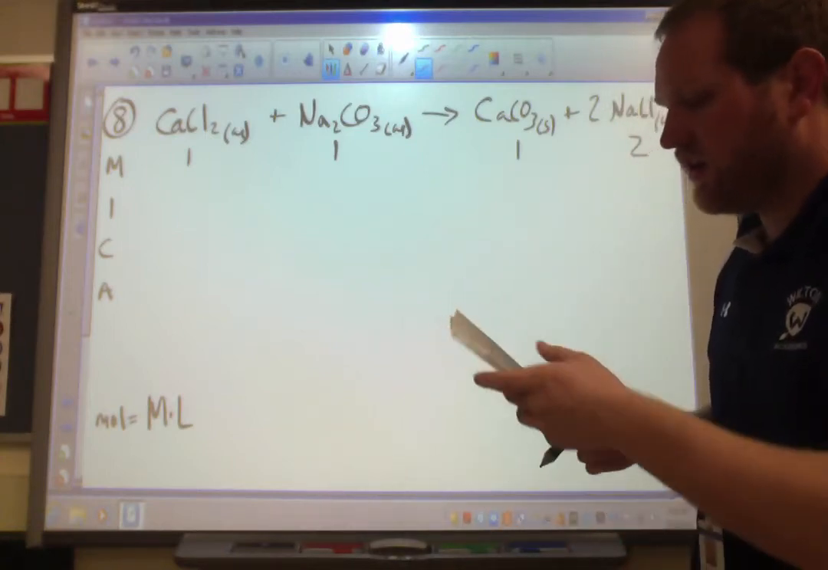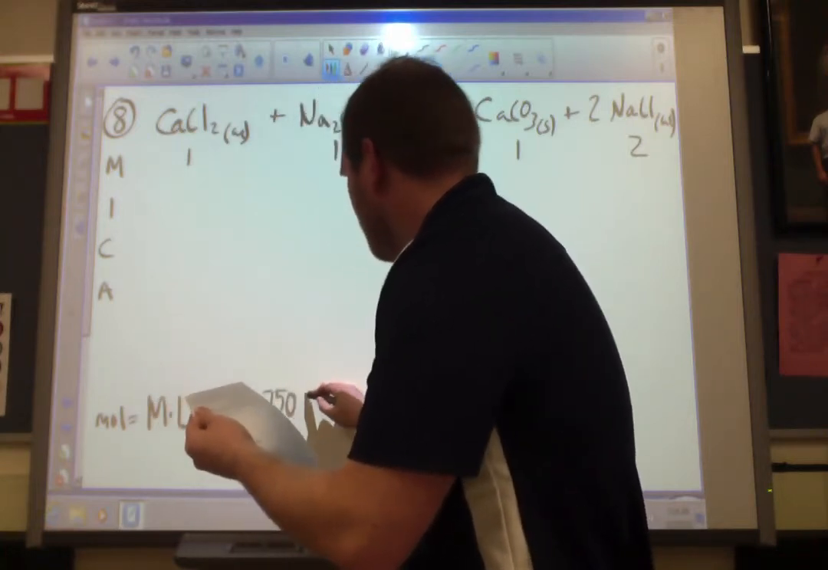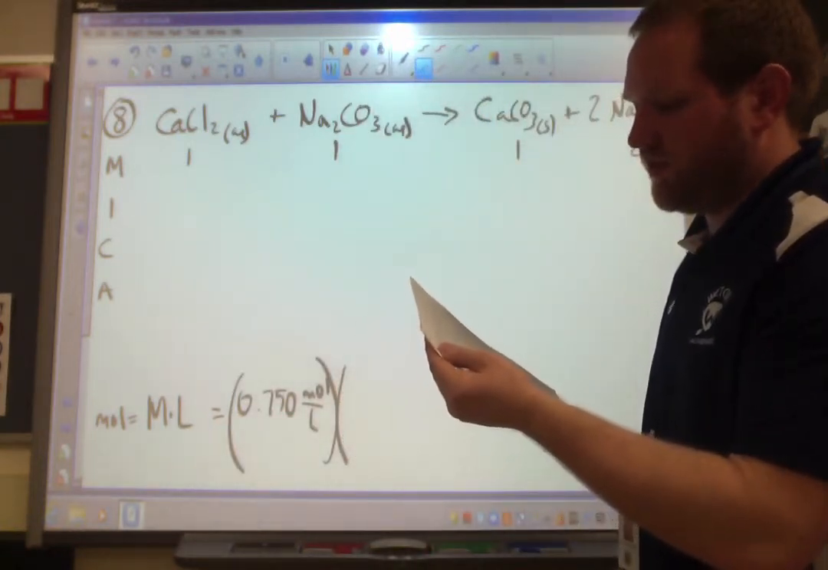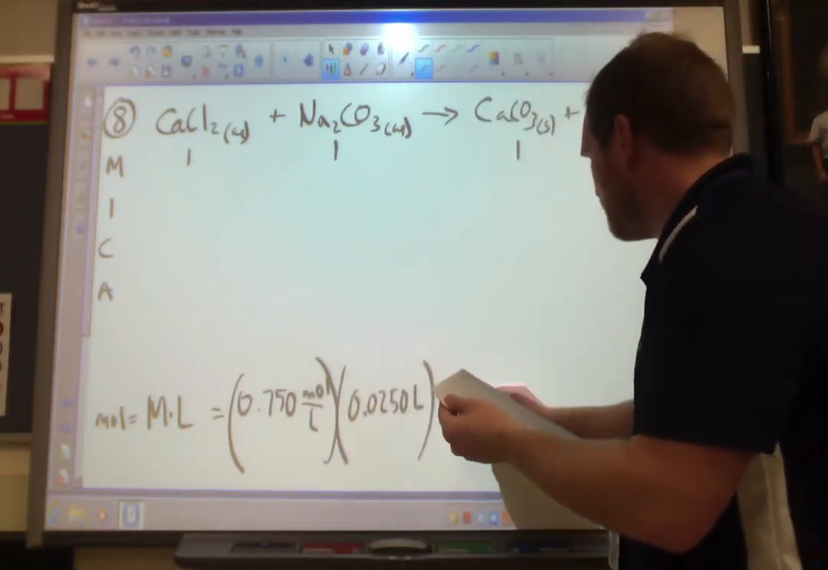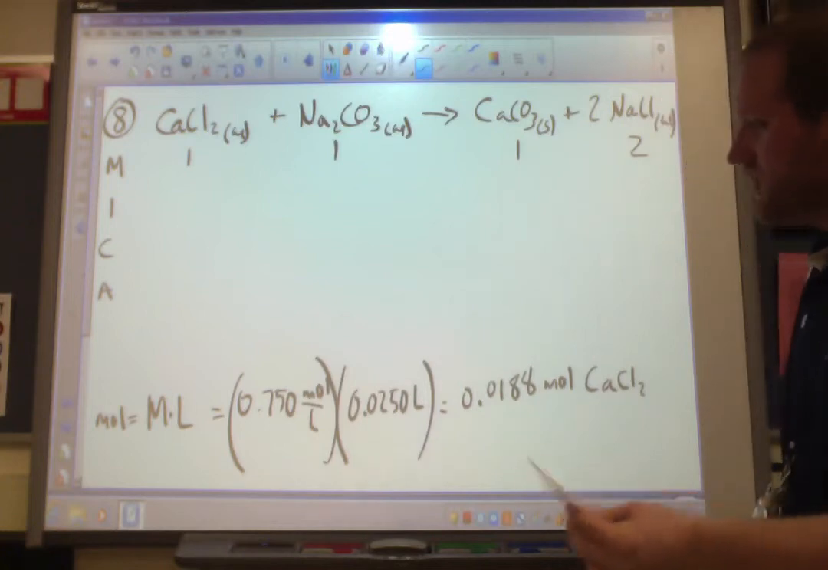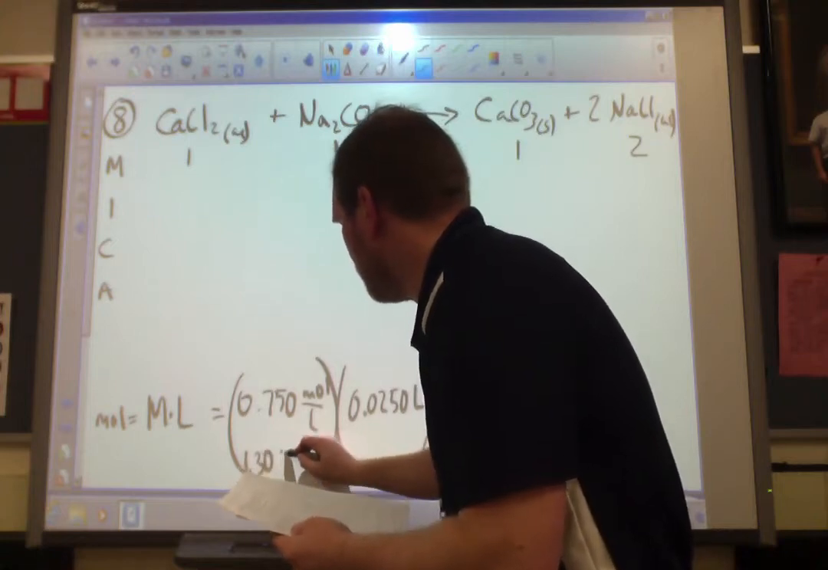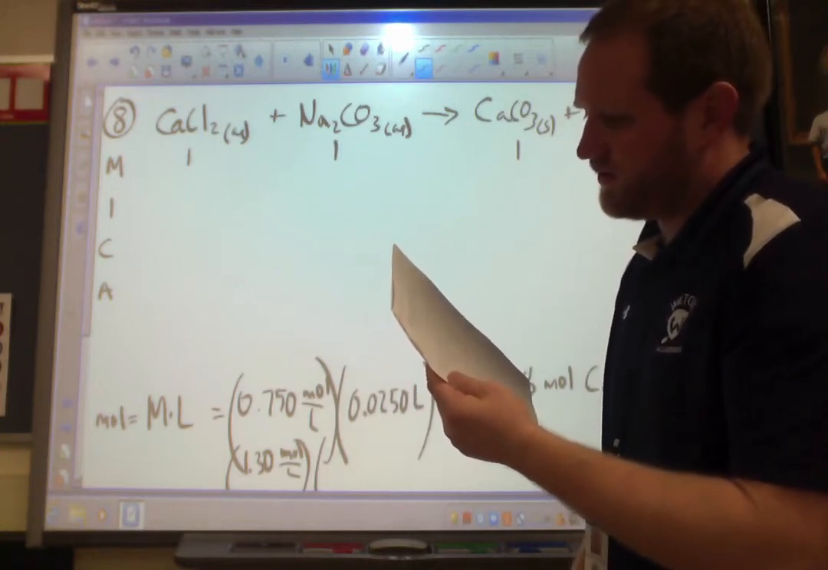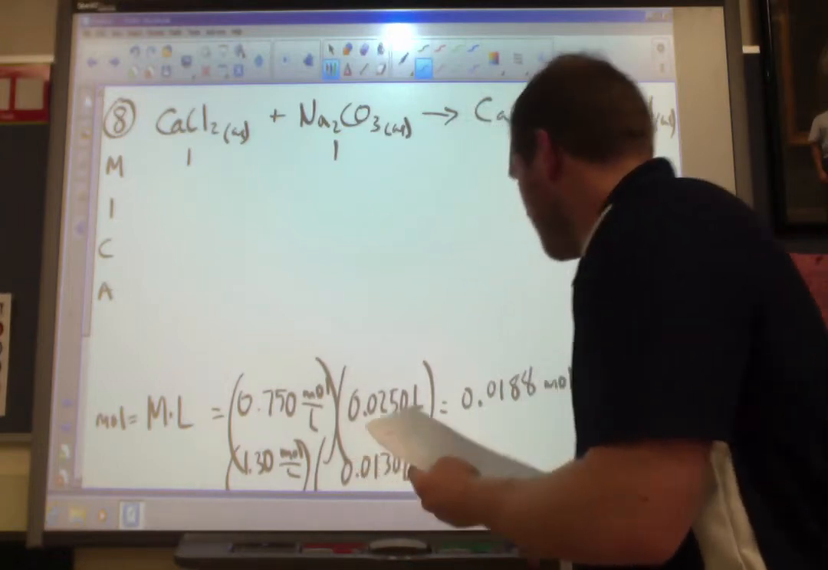So for my calcium chloride, it's going to be 0.750 moles per liter. That's my molarity. Times 25.0 milliliters, which is 0.0250 liters. And that's going to equal 0.0188 moles of CaCl2. You work out the same thing for Na2CO3. It's going to be 1.30 moles per liter times 13 milliliters, which is 0.0130 liters, and that works out to